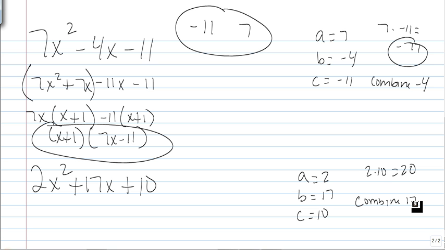So what times what is 20? There's 1 times 20, there's 2 times 10, and there's 4 times 5. Can I get a 17 out of any of these combinations? No. So remember, when I can't get a combination, that means this is prime. One thing to look for, remember, write out your a, b, and c,